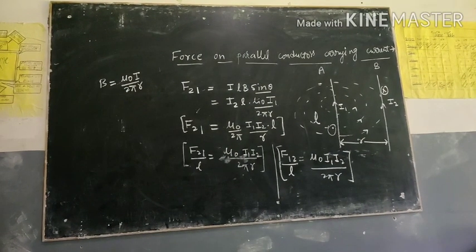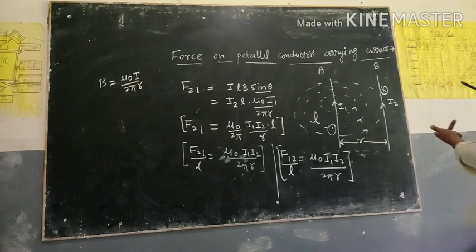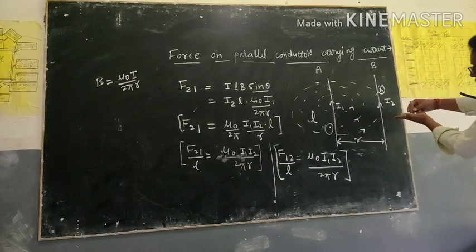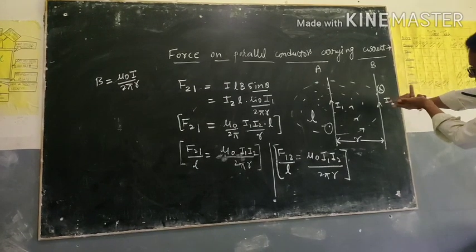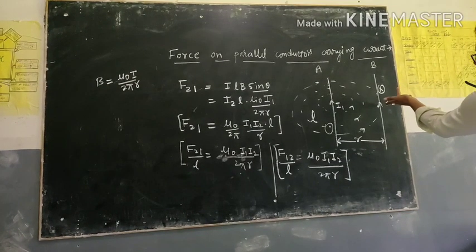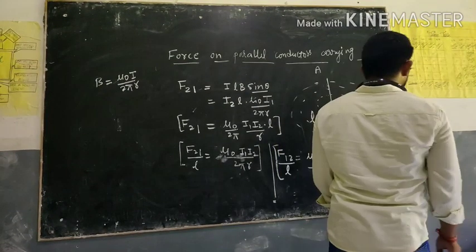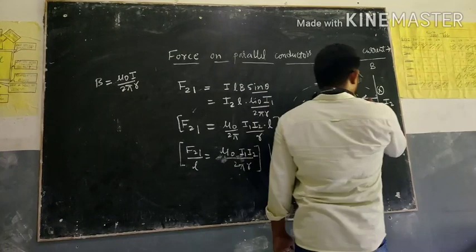Look here, in I2, if you apply Fleming's left hand rule, the direction of current is upward. The magnetic field is perpendicularly inward. So the direction of force is here. Okay? Direction is